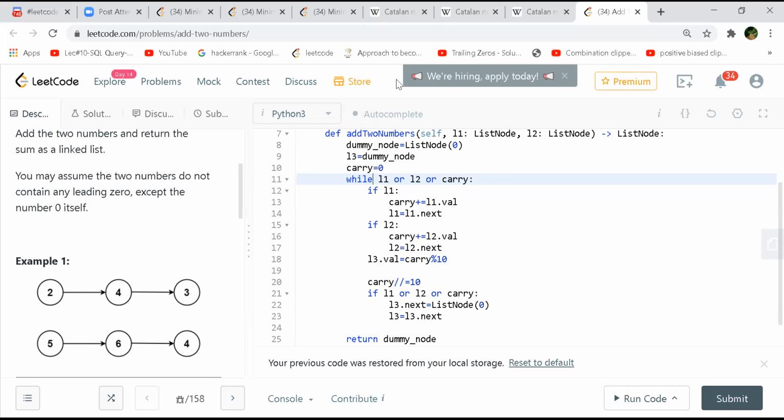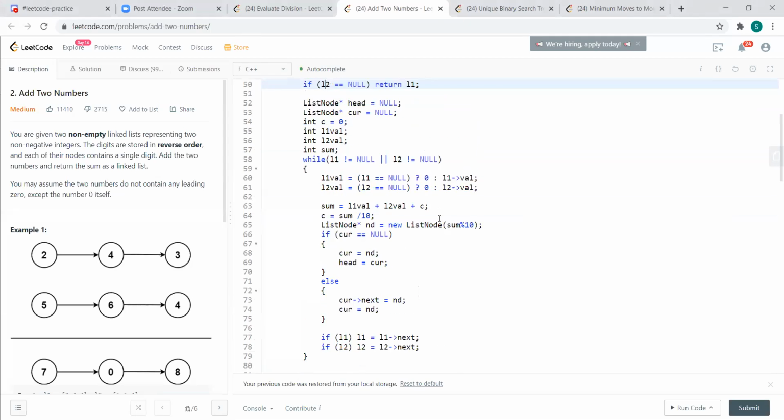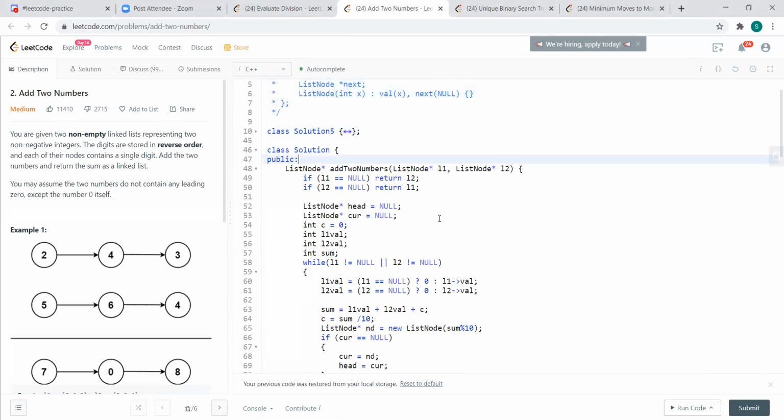You want to go through it? Okay, I can go through that also. So to some extent, it is slightly similar to yours. This is the function signature: add two numbers, where we have these two nodes. Initially I'm checking the base conditions.